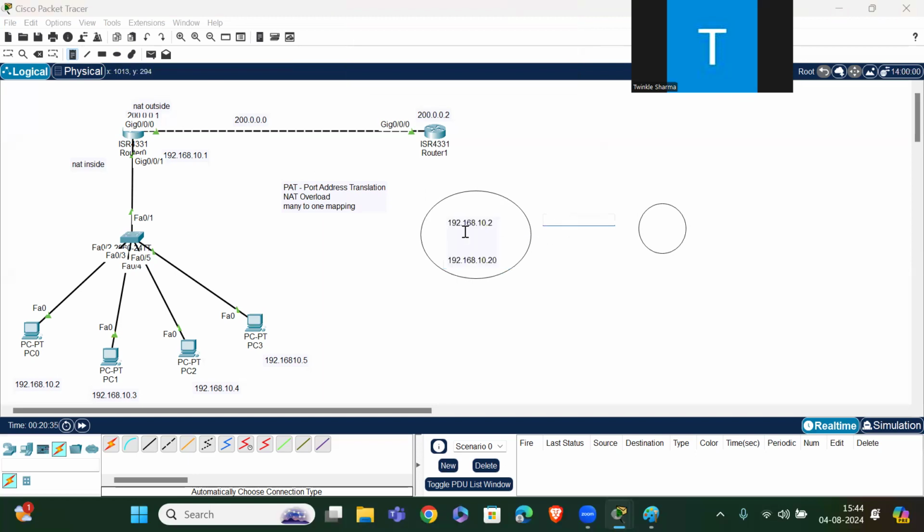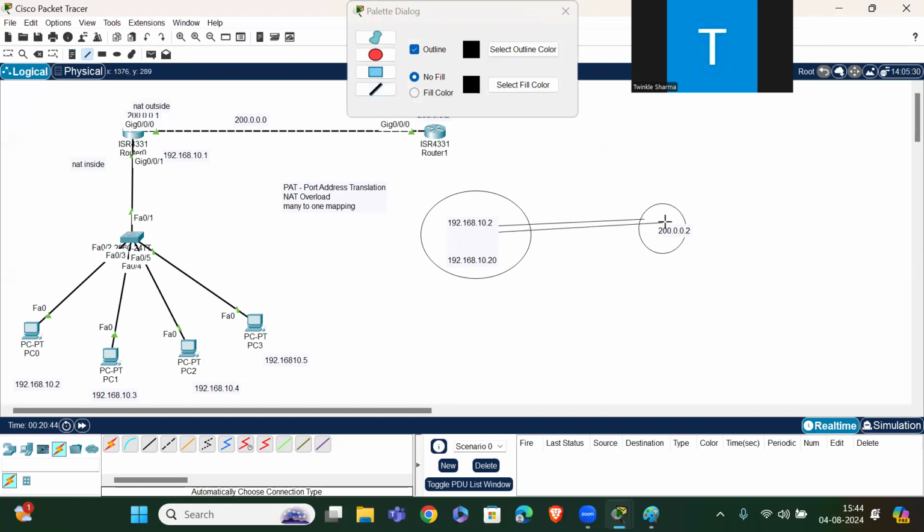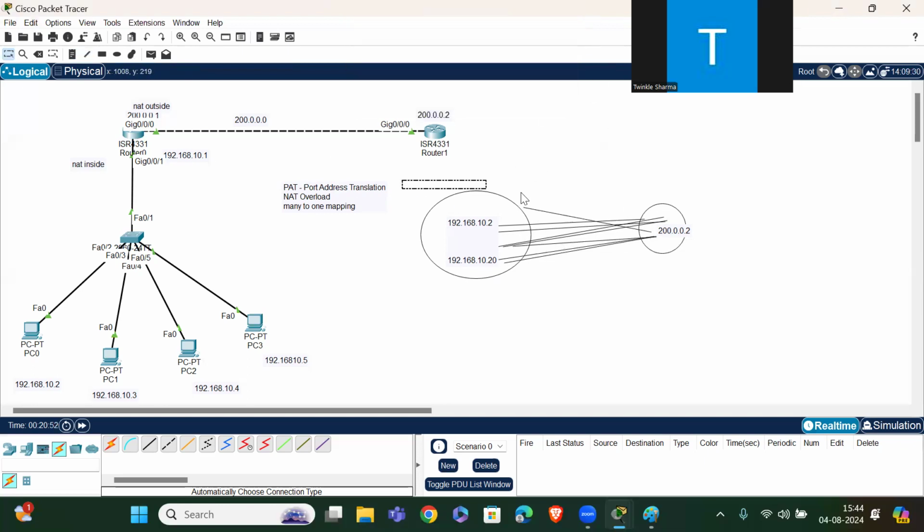This is the group of IPs, and here I have 200.0.0.2. All of these are connecting to the one IP. So this is called many to one.